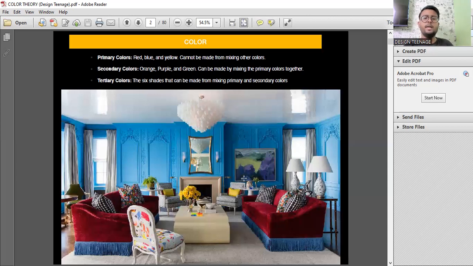Now you definitely can try to mix purple with green, but what outcome do you think you will get? If you mix purple with green or purple with orange, what outcome do you think you will get? Or let's assume green and orange, if you mix.